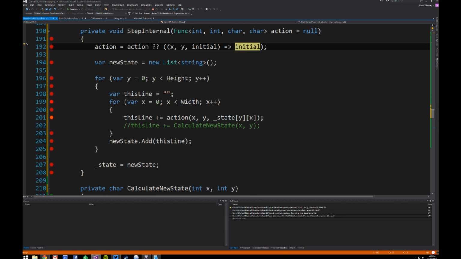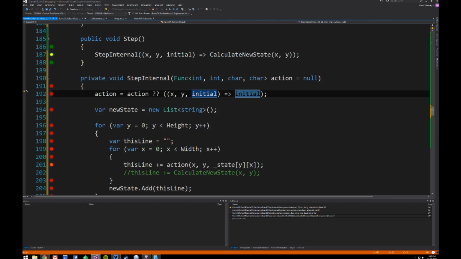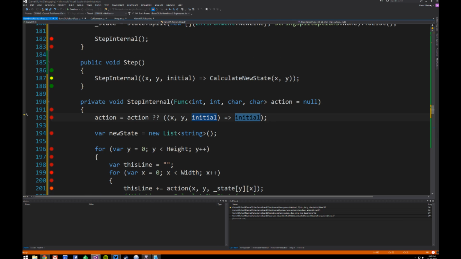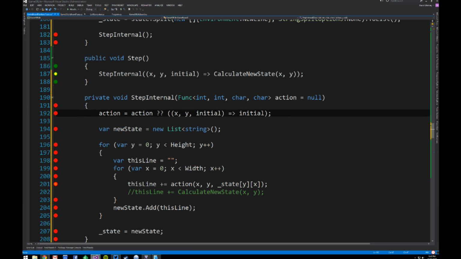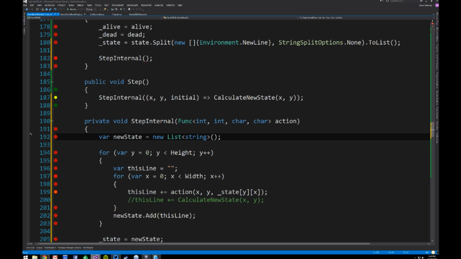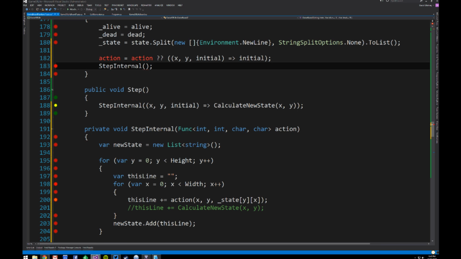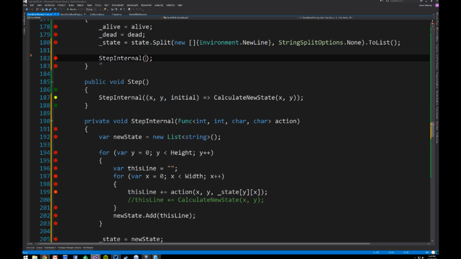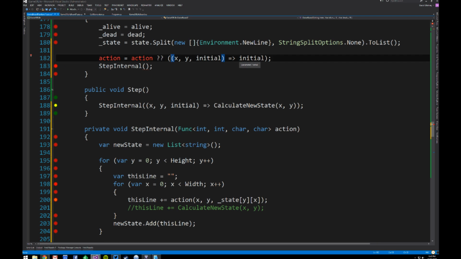So if I come into here, it's just going to return the initial state. Actually, we want our initial, that's why, we don't want that there. We want to pick this up here, and we want to say in here